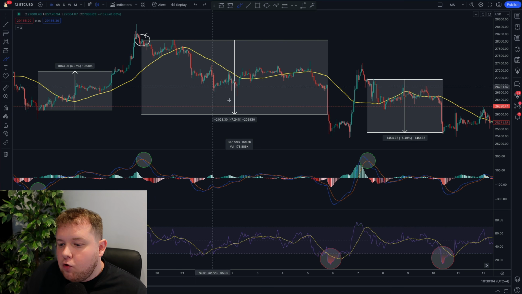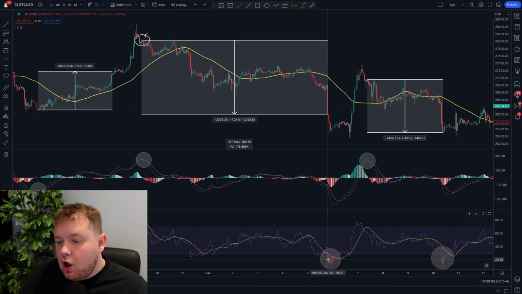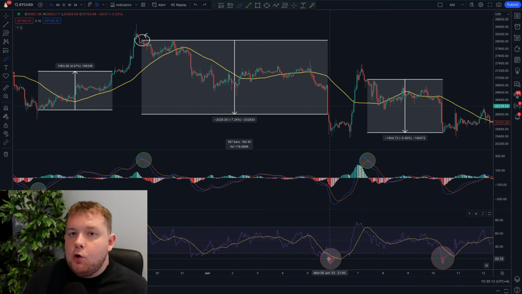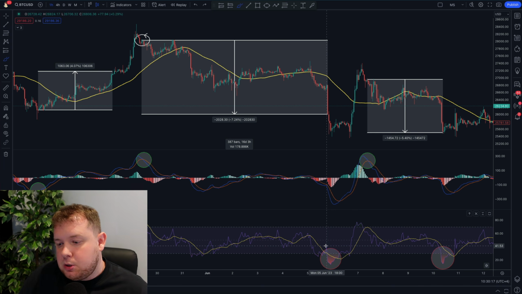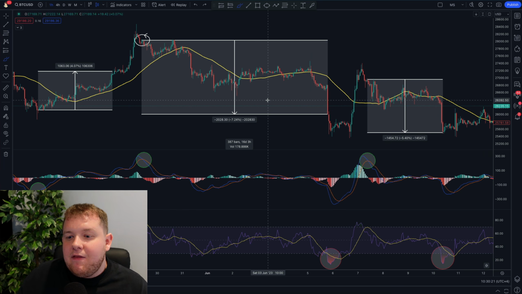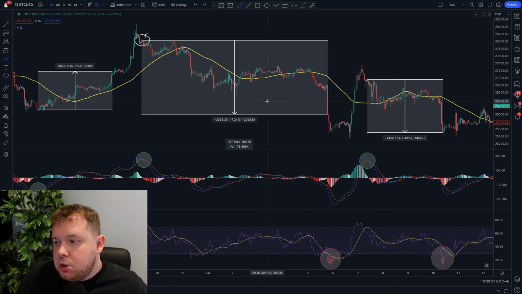Now we will exit this trade right when we see the RSI is in fact oversold right there, going below this 30 level line. You can exit where you want on this. It could be at the 20 line, it could be the 30 line. Again, this all depends on you. I like to try and exit as close to the 20 line as possible, and in this case we saw a 7.24% trade. Now all these trades are actually on the hourly chart,